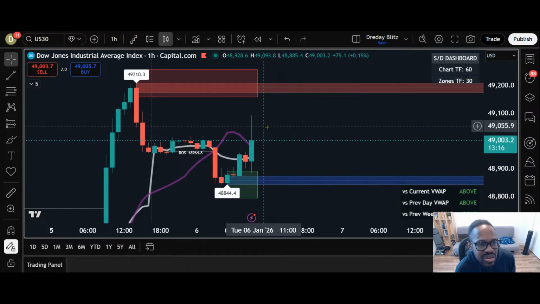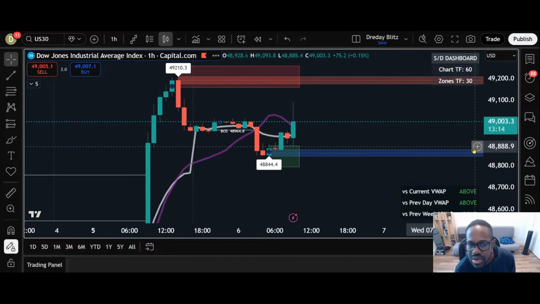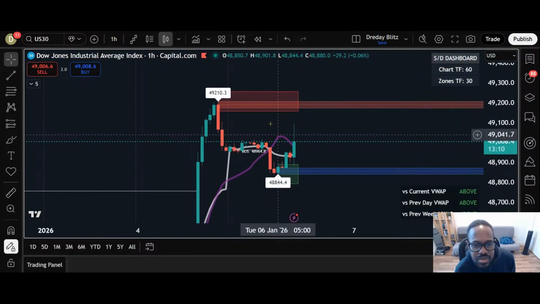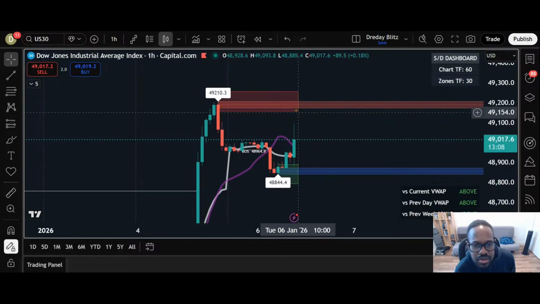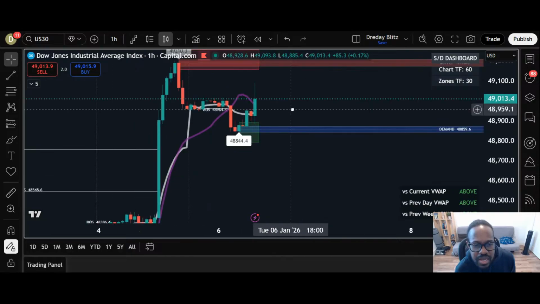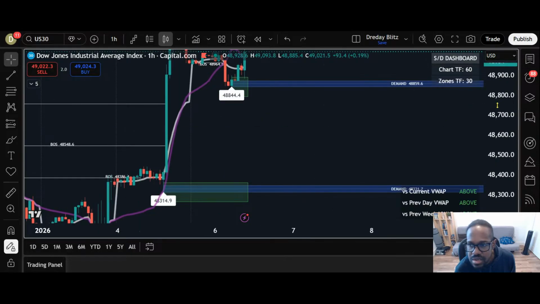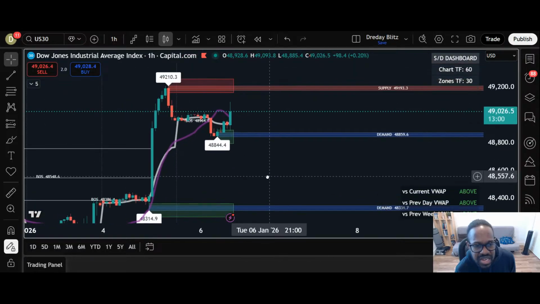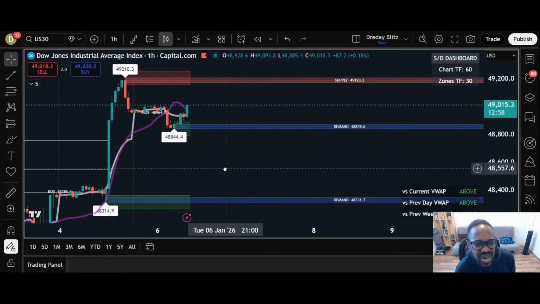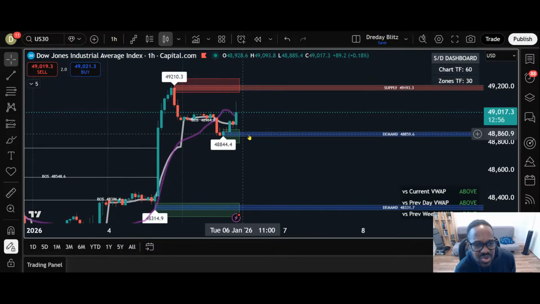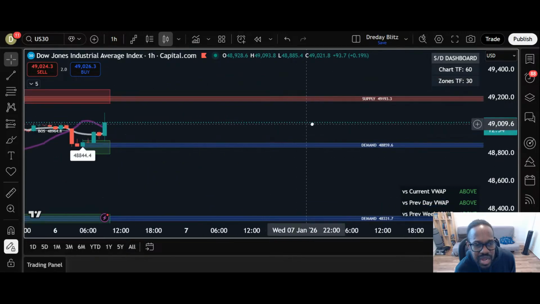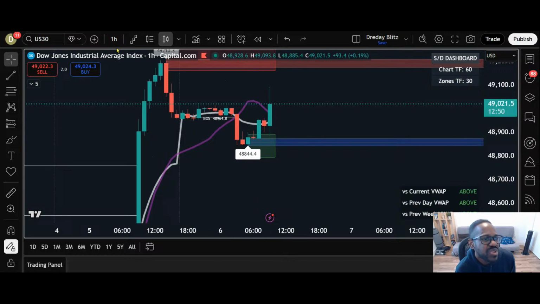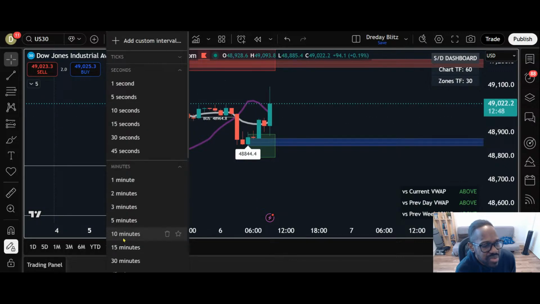So it seems to be creating a lower high. We have a high here. We may create a lower high, and if that's the case, maybe by tomorrow we should be going to the downside here. So what you're seeing here is the 1 hour. We do have a supply zone, and the reason why I took that buy is because if we go back here on the 15-minute,